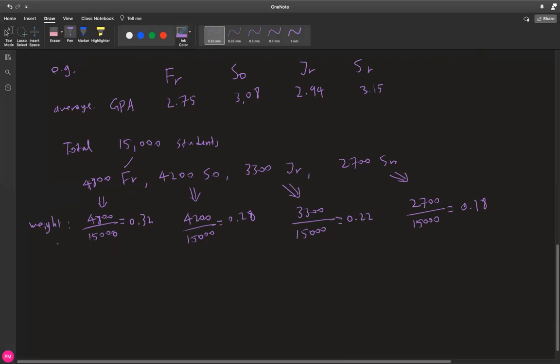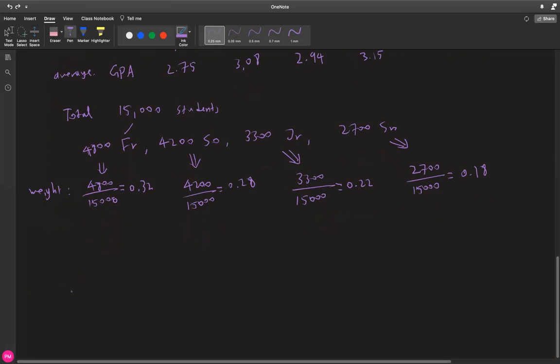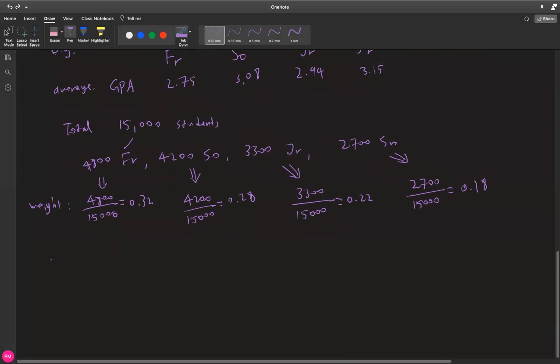So the overall GPA, I think it's the overall because GPA already implies the average. So the overall GPA for the school can be found like this.